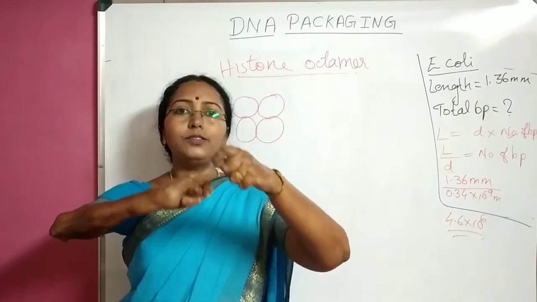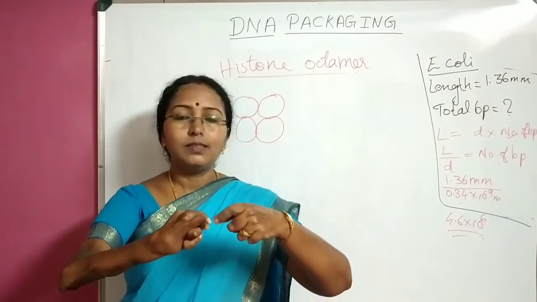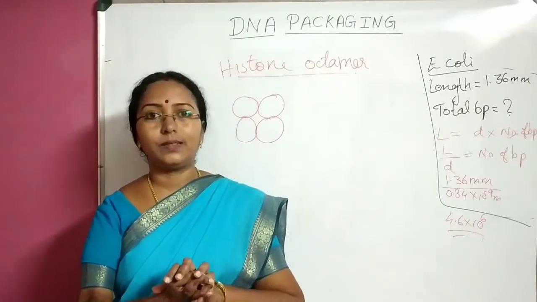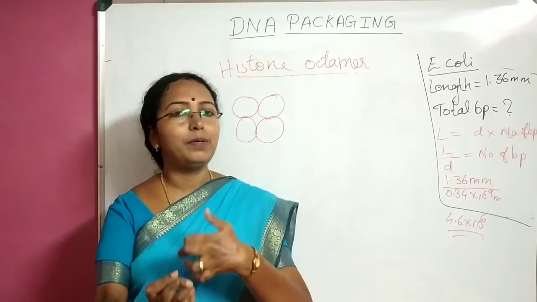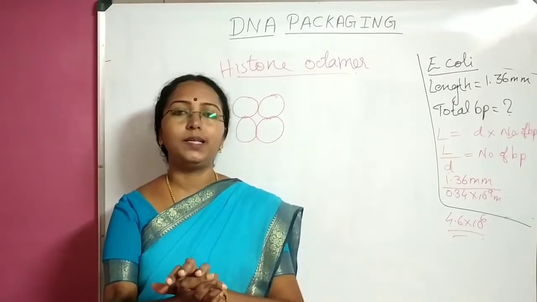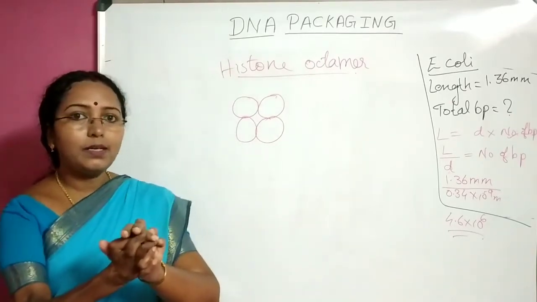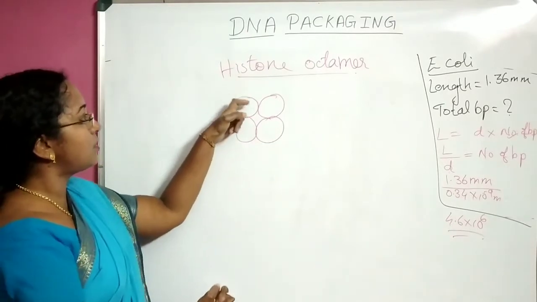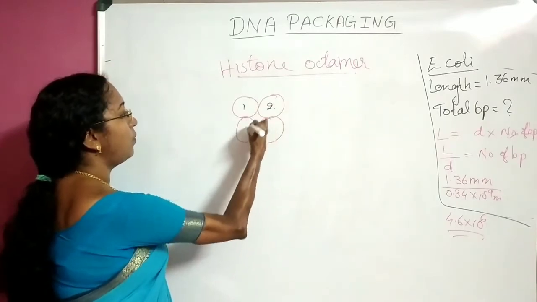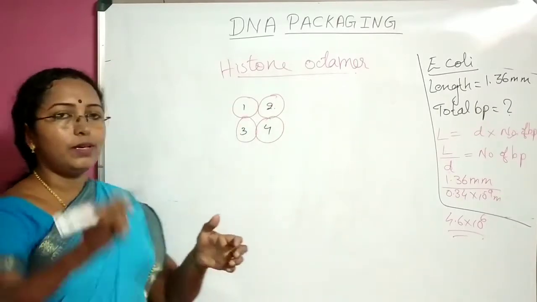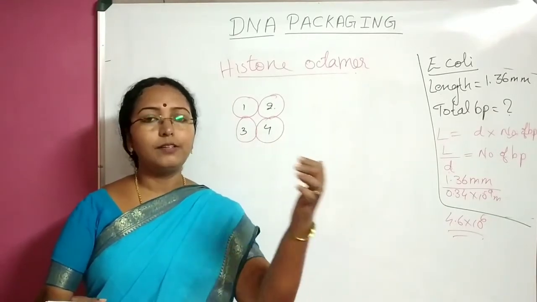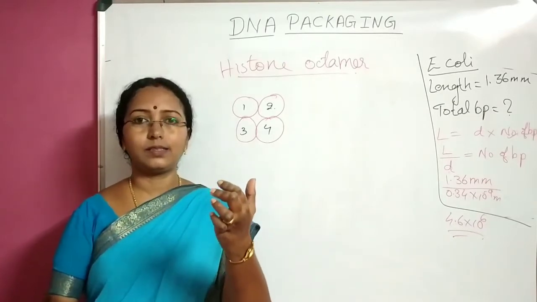You fold this mala into different shapes. That is the secondary structure. Again you fold it. That is the tertiary structure. This folding is not happening as it likes, but there are special bonds created. That's how it is happening. So that particular structure is here. Each histone molecule, see, this one is a histone protein, one, second one, third one, fourth one. Whatever I have drawn as circles, each one is a histone protein, and there are 4 histone proteins arranged like this.